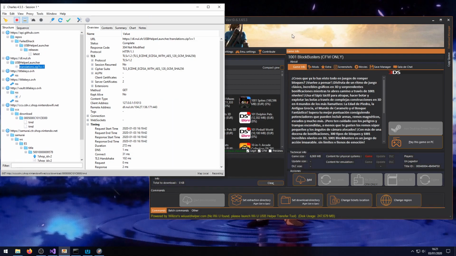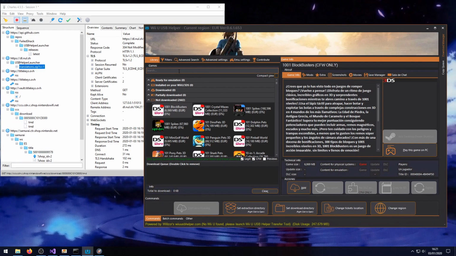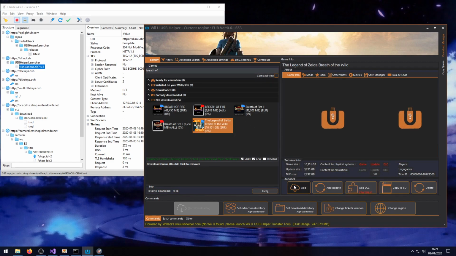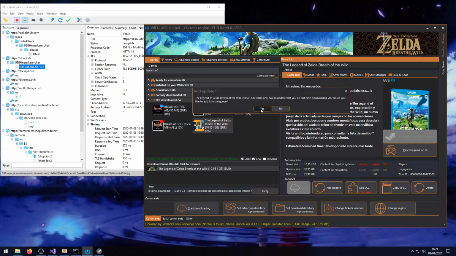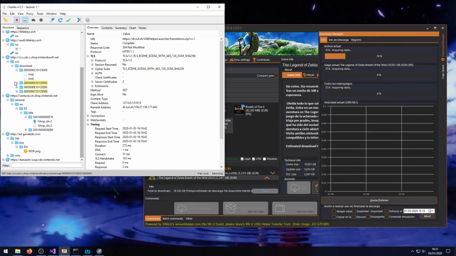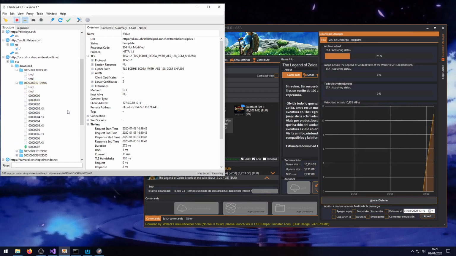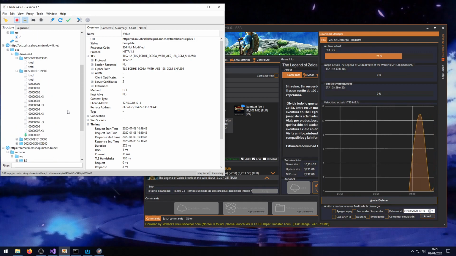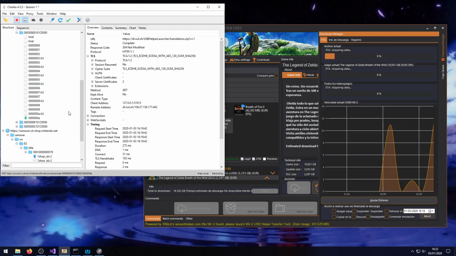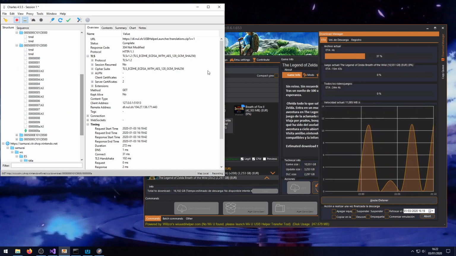So I don't know, what else could I show? I'm going to try to download a game, and you will see that everything goes through Nintendo servers. There's no torrents or stuff involved in this, and it's not like any of this is magical. The way the Nintendo update servers work is fairly well known at this point,